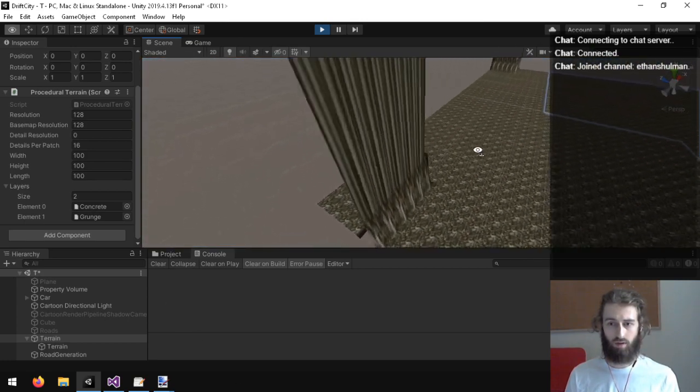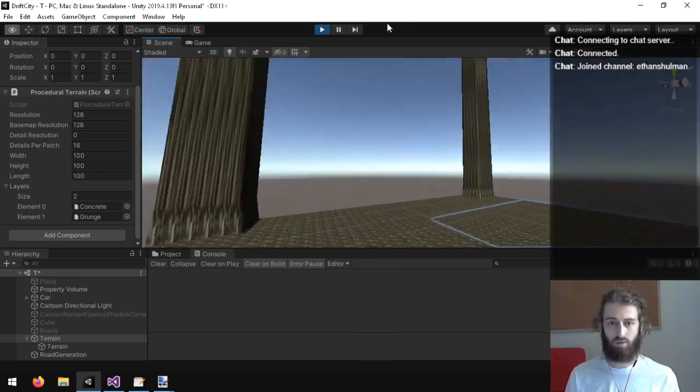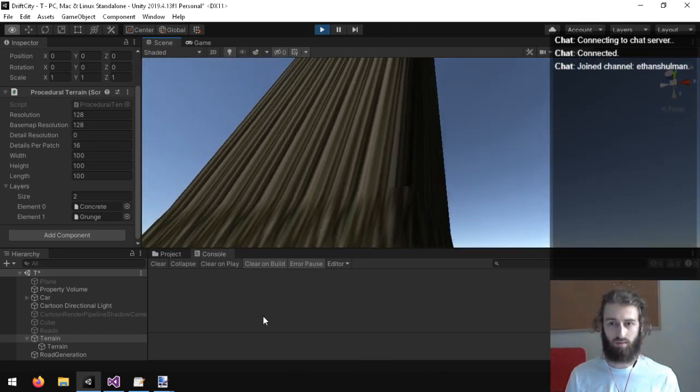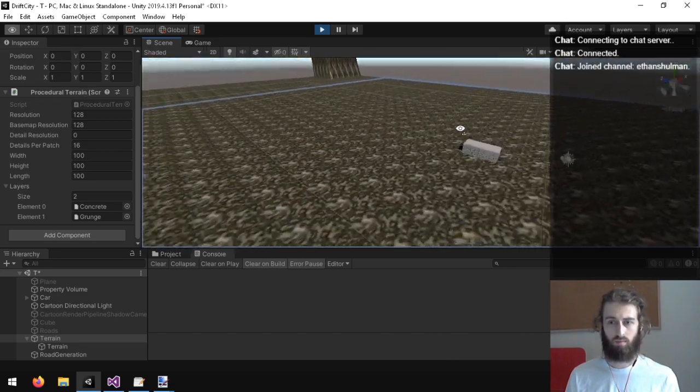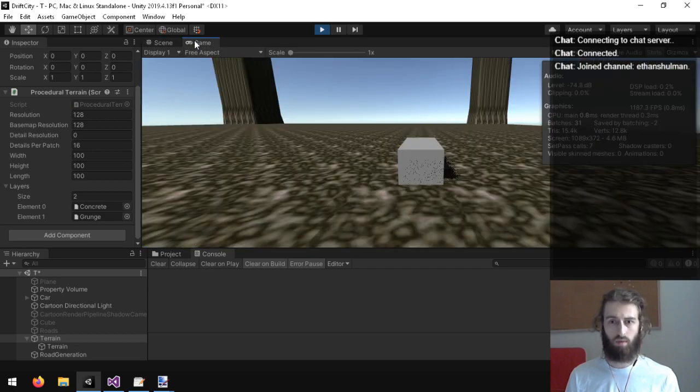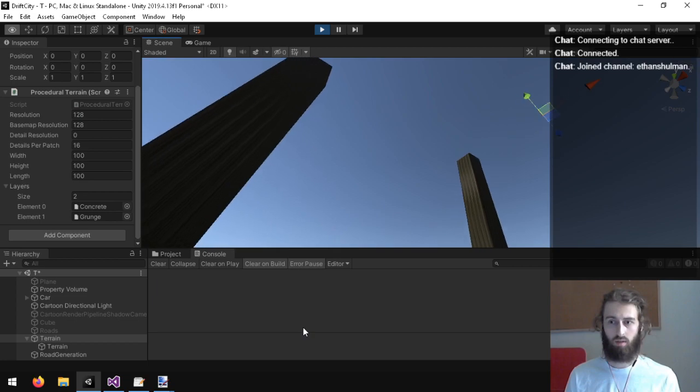So now we've got like towers. I definitely think I'm doing this code somewhat wrong. At least the terrain generation is somewhat working.